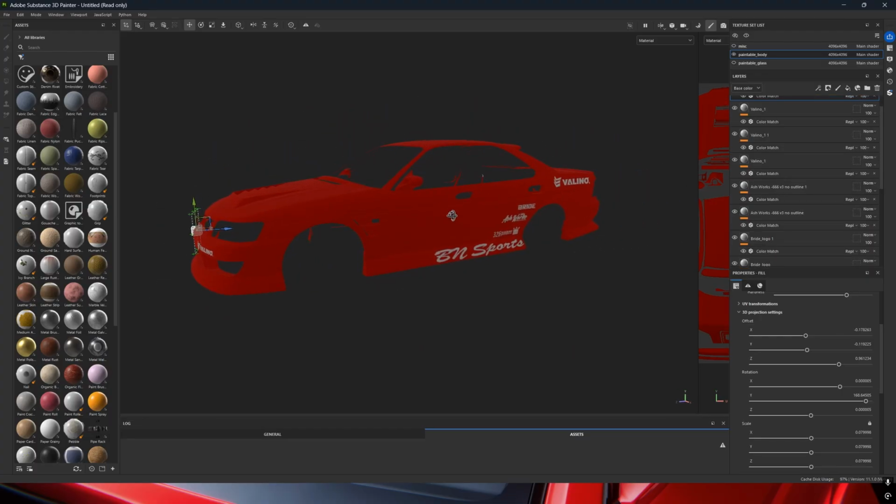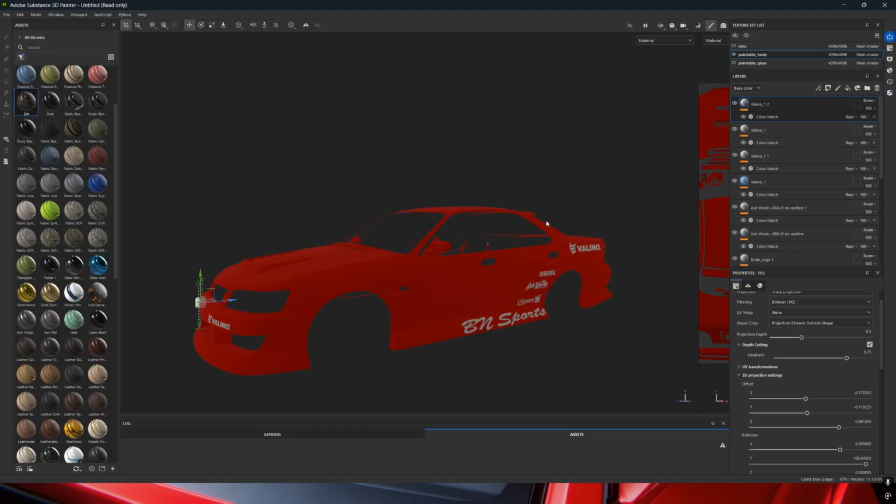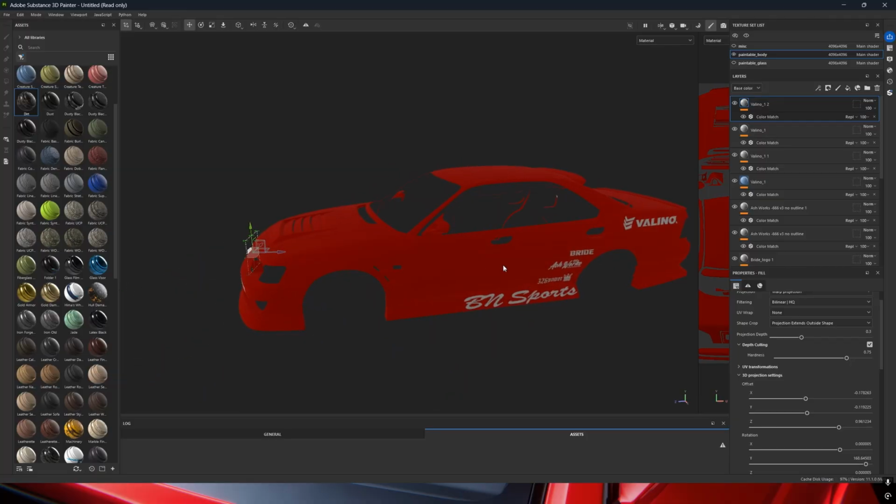All right, so now I'm done with this. I'm done with all the logos on the side. I've shown you guys how to do all the extra rotations and how to move everything across. Made it very, very simple. So from here, now what we're gonna do is get into baking the car and adding some extra texture to it. All right, so now that we've got all of our logos thrown on and we're happy with